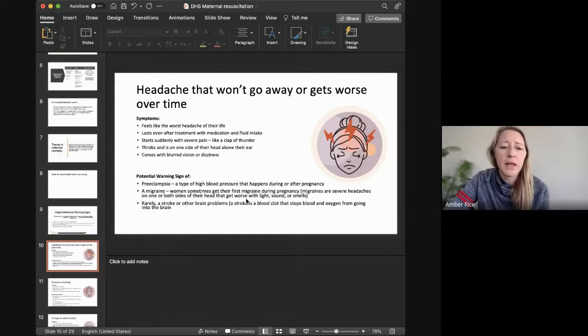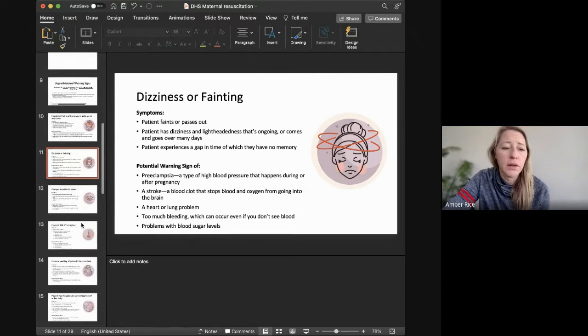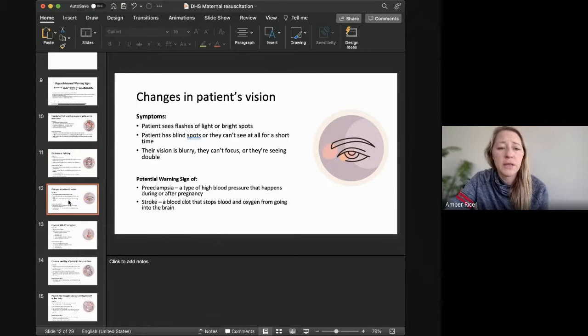So this one talks about headaches that won't go away or get worse. Each of these slides gives a set of symptoms and then a potential warning sign of, and it talks about the things that it could be. And I think that the explanations here do seem fairly pre-hospital appropriate to me. Dizziness or fainting. Again, I think that they are very general and very pre-hospital relevant. Changes in vision. So warning signs of preeclampsia,